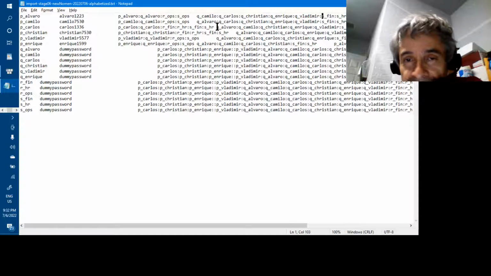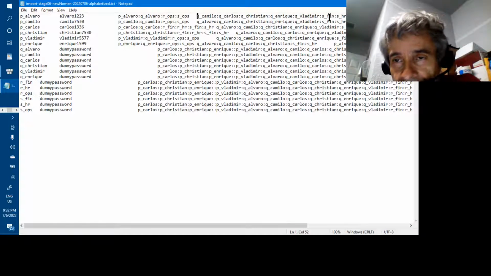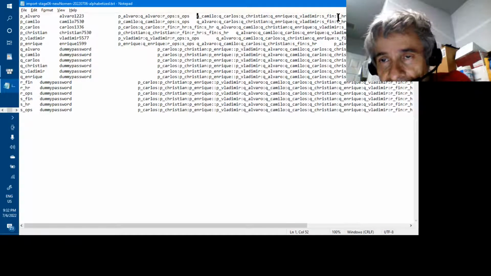That means that Alvaro, the user Alvaro, cannot edit what's in these shares from here to there. So that this will consist of all the other users with a Q in front of them, and any files that are with an S,